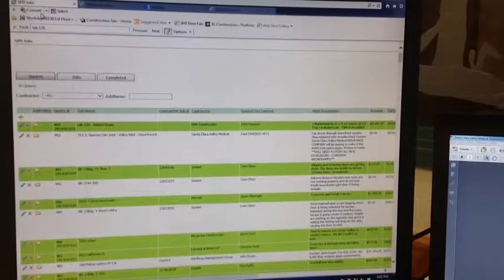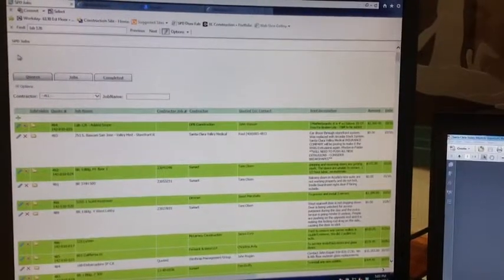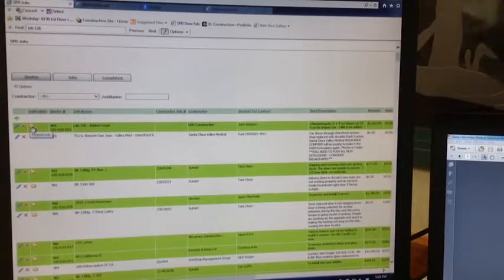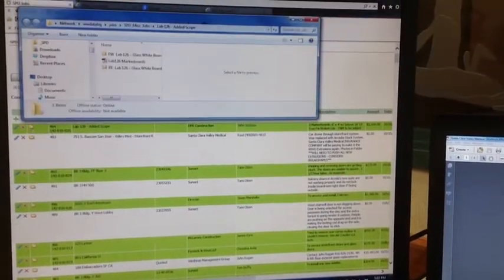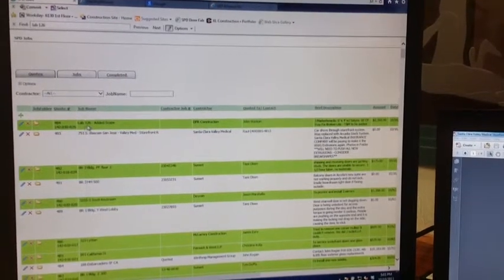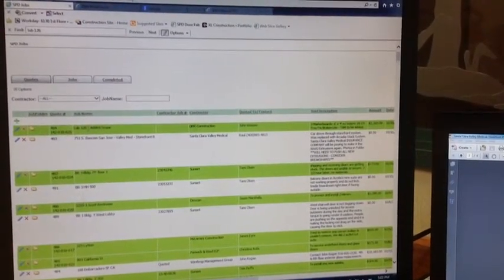So we're looking at our SPD miscellaneous job page, and when you add a new job, it automatically creates a folder and a hyperlink to the folder where you can add your job information to it. I really like this whole auto generation of the folder when you create a new job. I think it's extremely helpful and a great idea that could be carried through a lot of different modules in